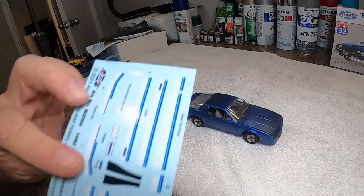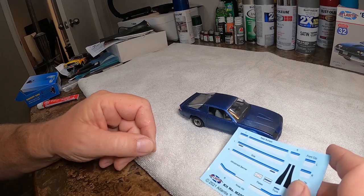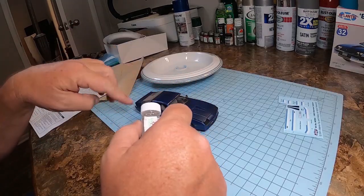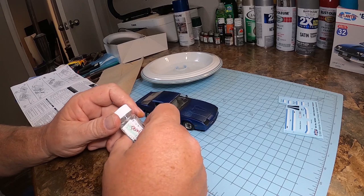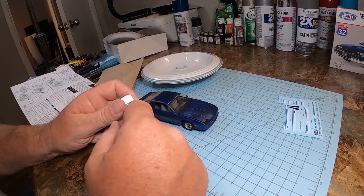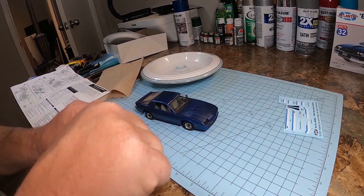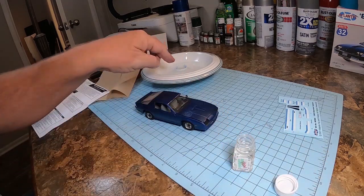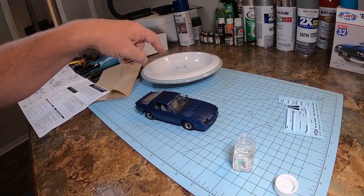We're going to go ahead and put all the Z28 decals on it, and we are going to put the decals on this, and we'll set them with this. So what you do is you have the decals in for a little bit. They're already in the water over there. The water's in there,